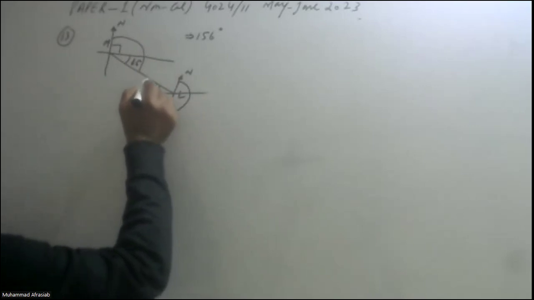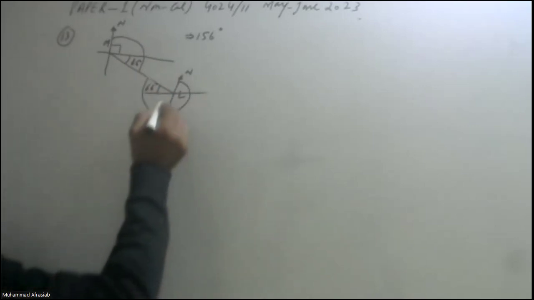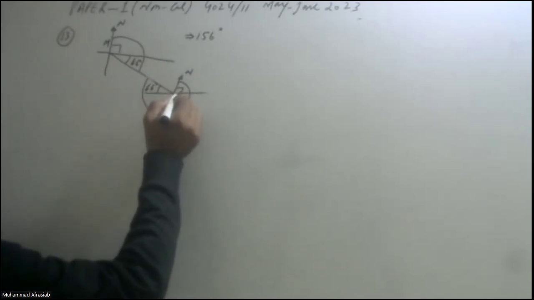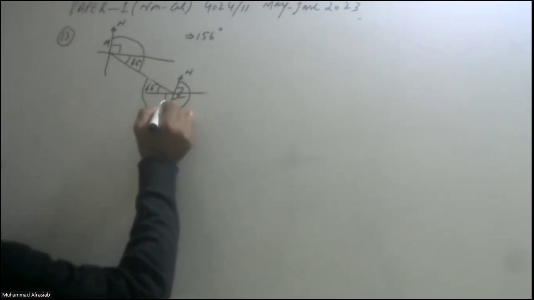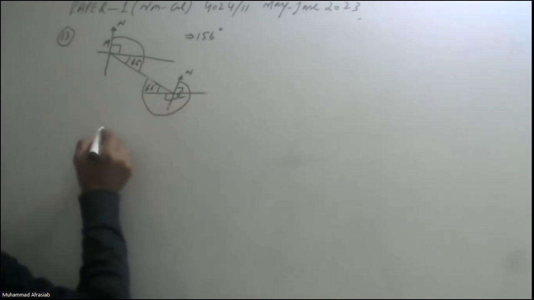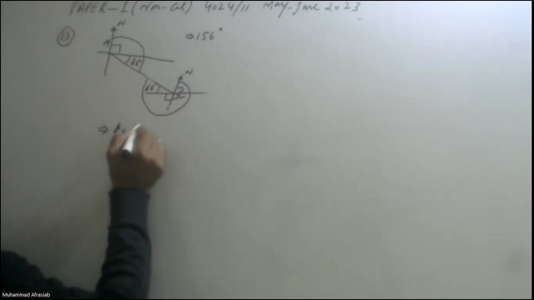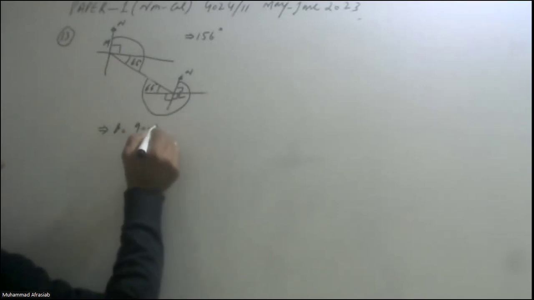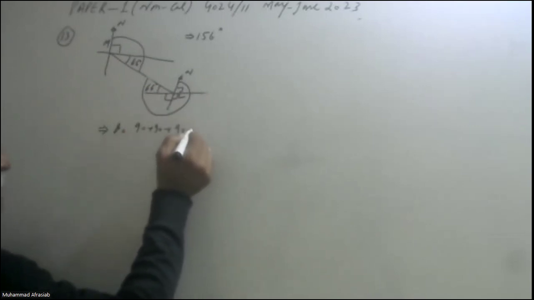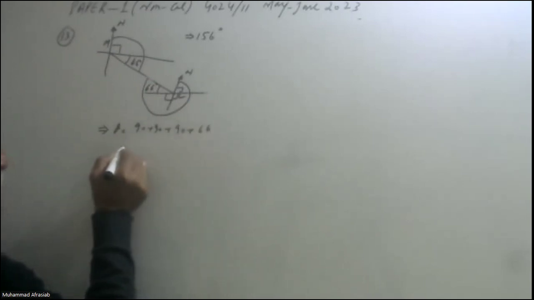This total angle is going to be the bearing of that part there. Since this portion is of 90 degree, this is of 90 degree, this is of 90 degree plus 66. So total bearing of that angle is equal to 90 plus 90 plus 90 plus 66,